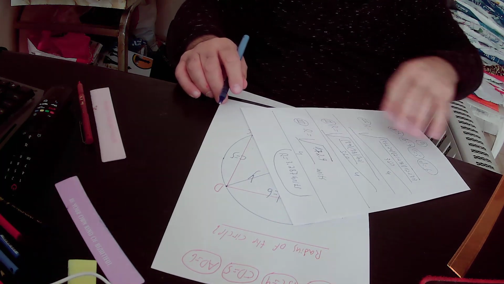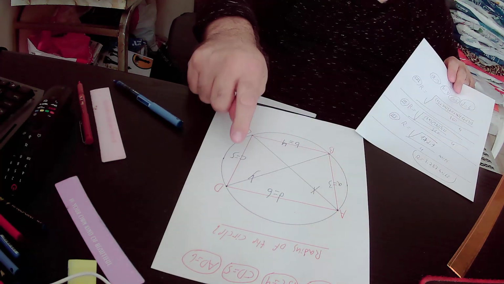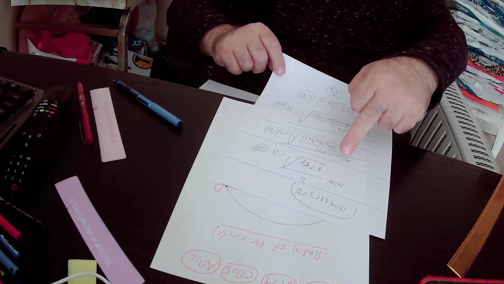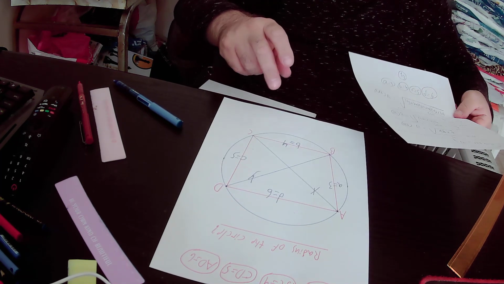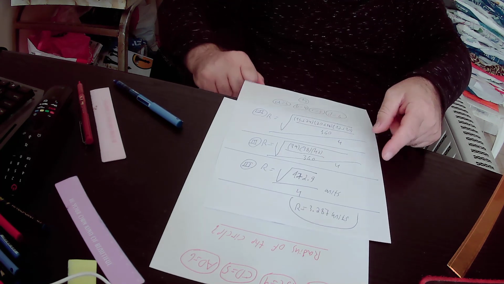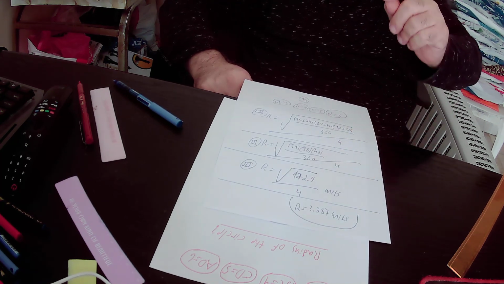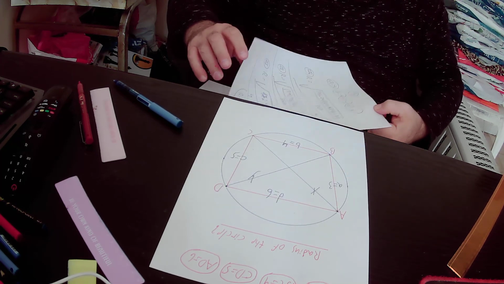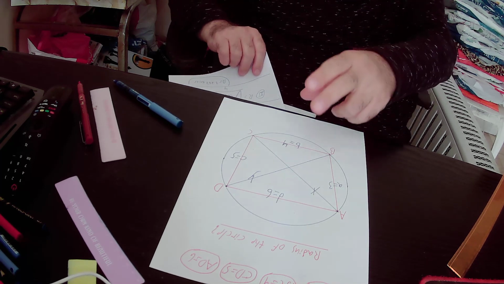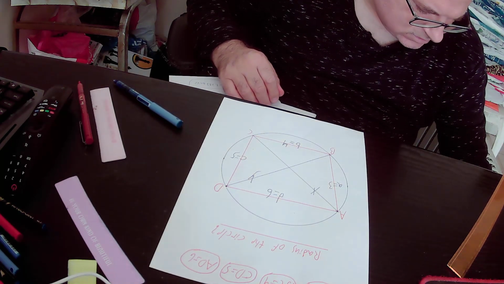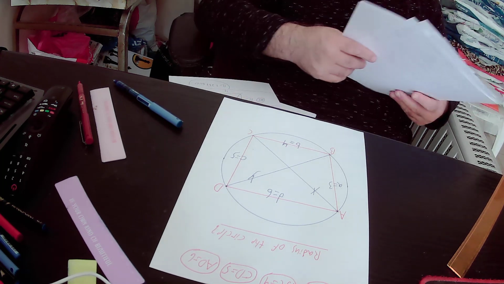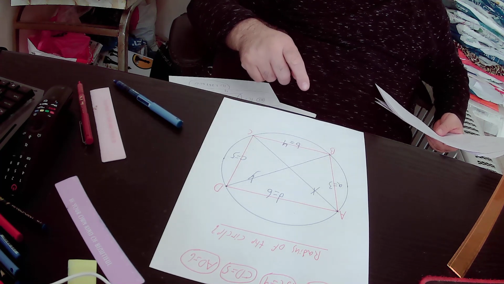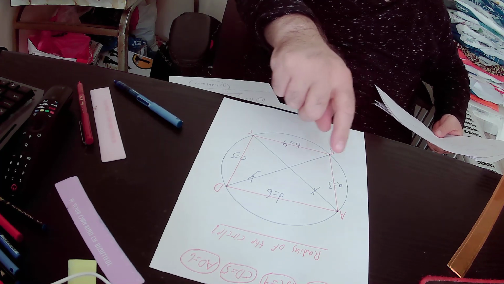I will repeat again, the radius of this circle equals either the root of 172.9 over 4 units, or in terms of numbers, the radius of this circle equals 3.287 units. And that is the answer to the question. So now I will summarize the lecture. Actually, we wanted to find out the radius of this circle. This circle blocks quadrilateral ABCD, or quadrilateral ABCD is inscribed by this circle,